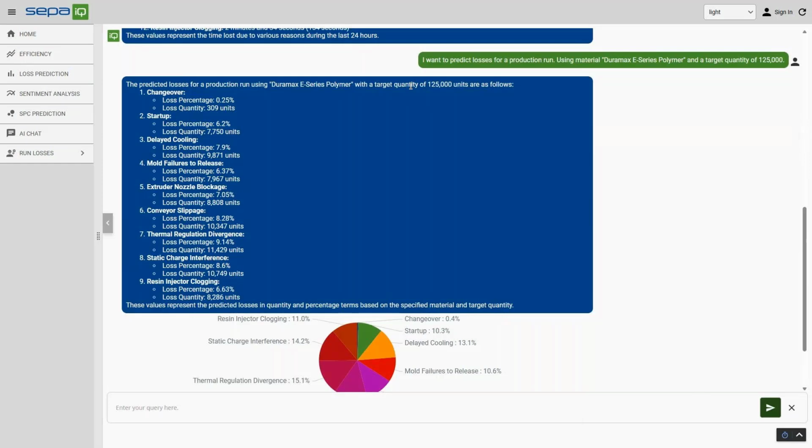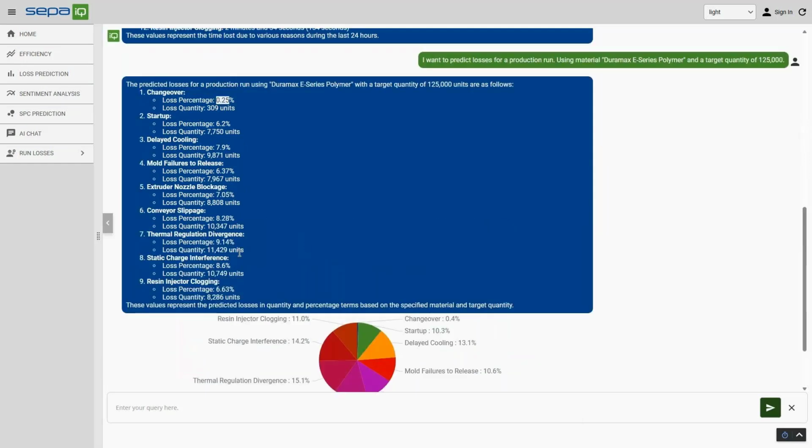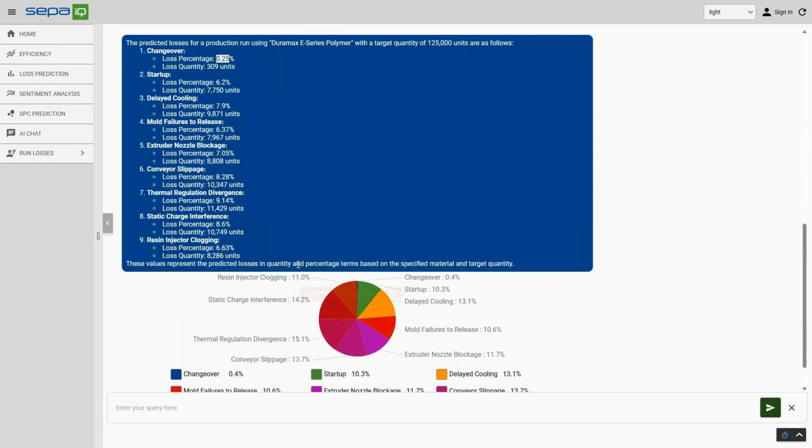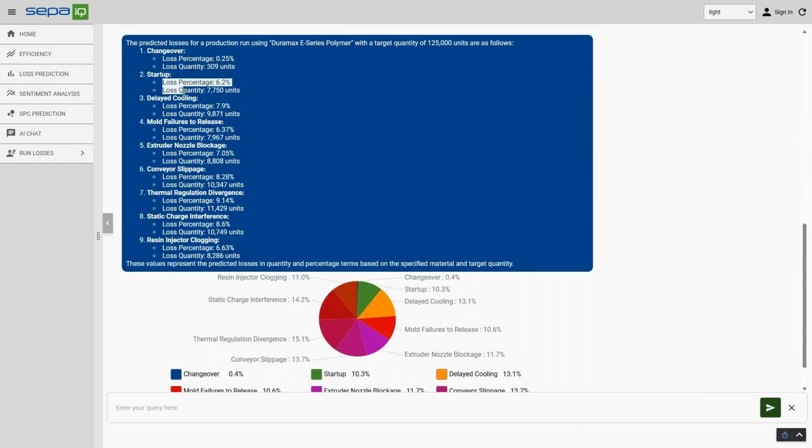So here we've got ChatGPT using our predictions. On this chart, you'll notice these percentages don't align. That's because these are percentages of the loss, so the values are correct, but the interpretation's a little weird. This chart is the data that was queried from SepaIQ, for which ChatGPT has returned the results. So we have the text, and then a little extra verification. This is what SepaIQ ran behind the scenes and fed to ChatGPT, and we're able to see it as well.